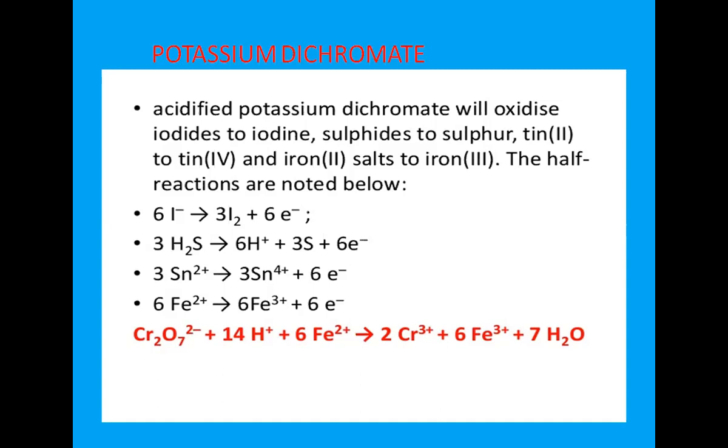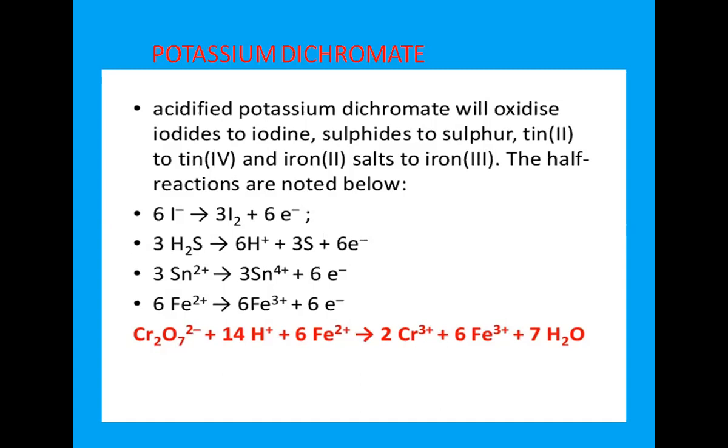That is given here, and at the same time how to write the half cell reaction for chromium in terms of potassium dichromate form: Cr2O7 2- + 14H+ + 6Fe2+ gives rise to 2Cr3+ + 6Fe3+ + 7H2O. This is one example. For the remaining reactions also, you can write by following the redox reaction rules, that is, the half cell reactions.